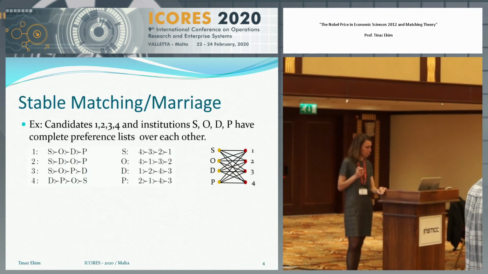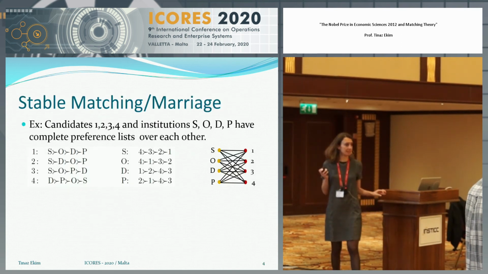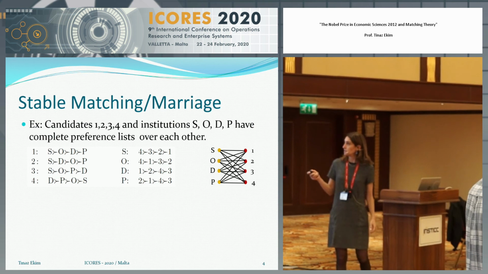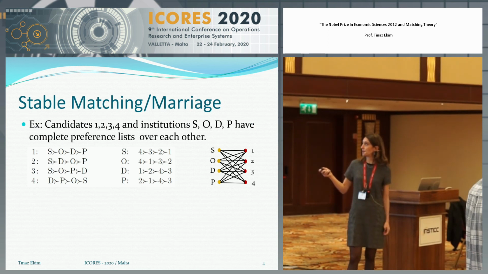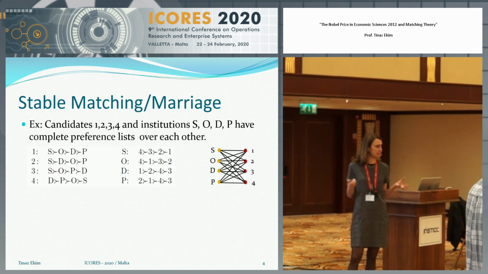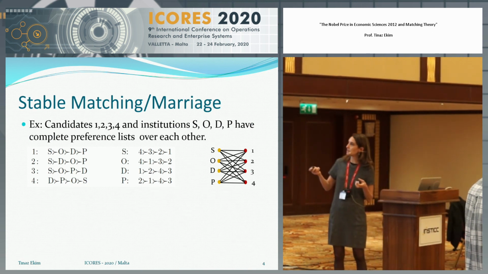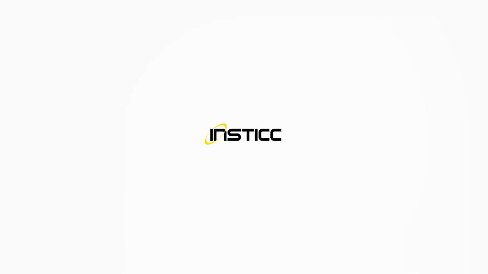So, more technically, a stable matching is about the following. Say you have candidates 1 to 4 and institutions, and each set has a complete preference list over the other set. So this reads as follows. Candidate 1 prefers S to O, O to D, D to P, etc. Now, we can